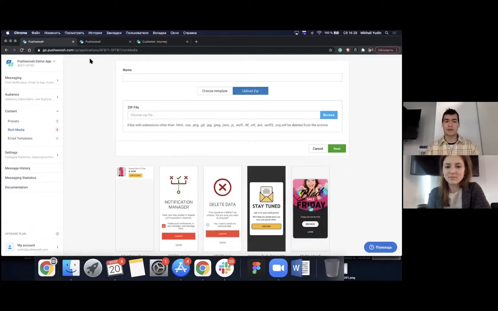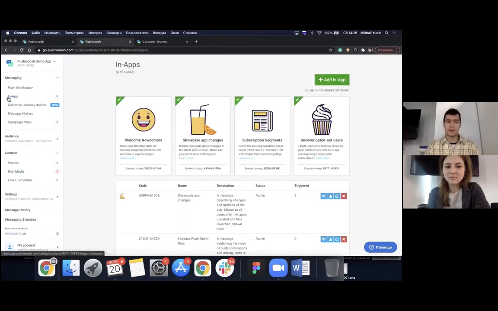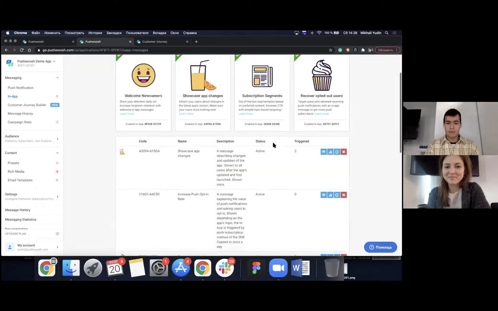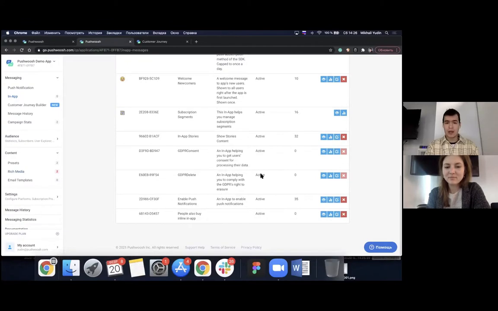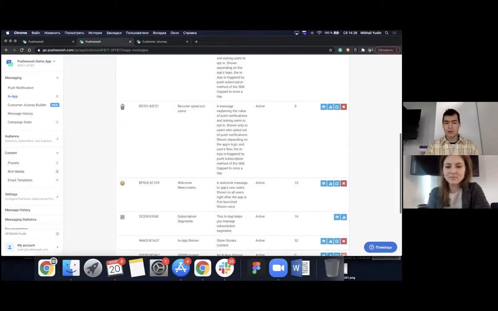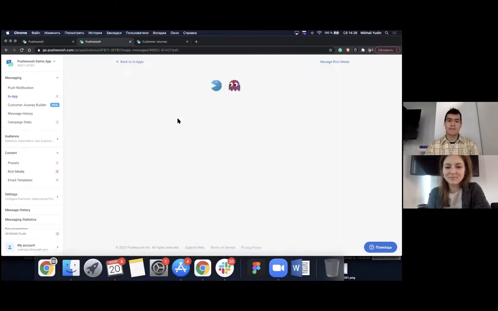So I have rich media. What can I do with it? Let me start from a simple thing: how I can send a one-time message with a specific content for a specific audience. I will go to the in-app module in our messaging part, where I already have several templates, several predefined in-apps activated, and where I can create a new one. And I will simply update an existing one to show you how it will work. So for example, let's do it this way. So I have this